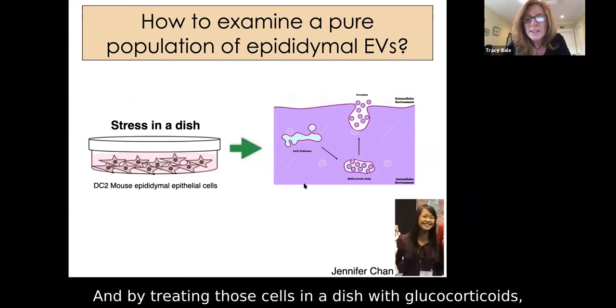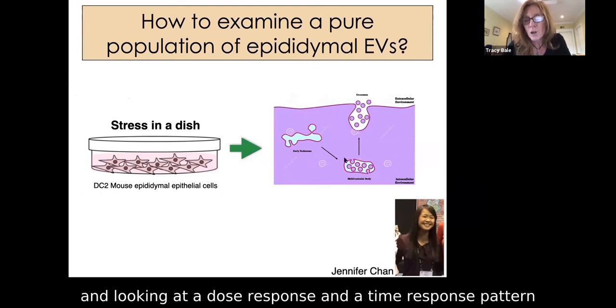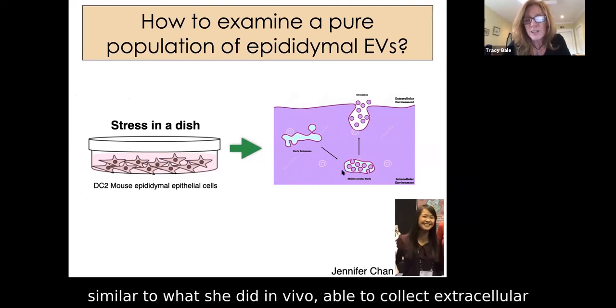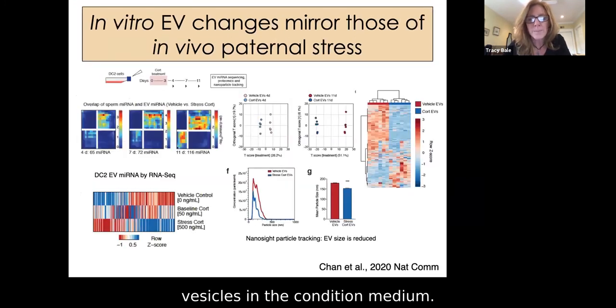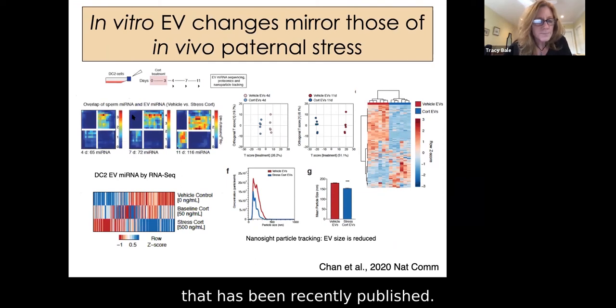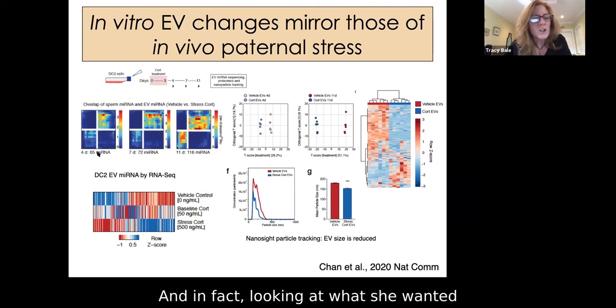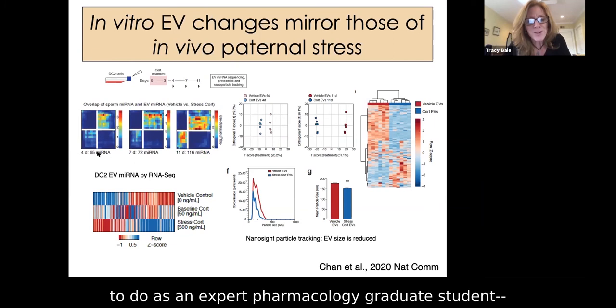And by treating those cells in a dish with glucocorticoids and looking at a dose response and a time response pattern similar to what she did in vivo, she was able to collect extracellular vesicles in the conditioned medium. This is just showing you all of her work that has been recently published. And in fact, looking at what she wanted to do as an expert pharmacology graduate student, this is showing you